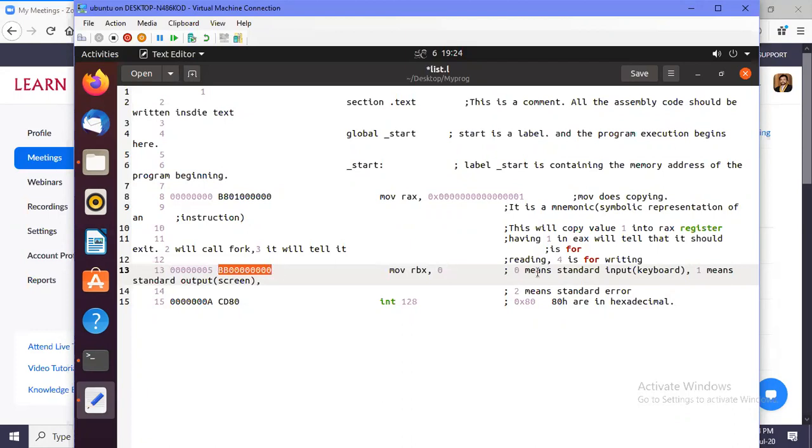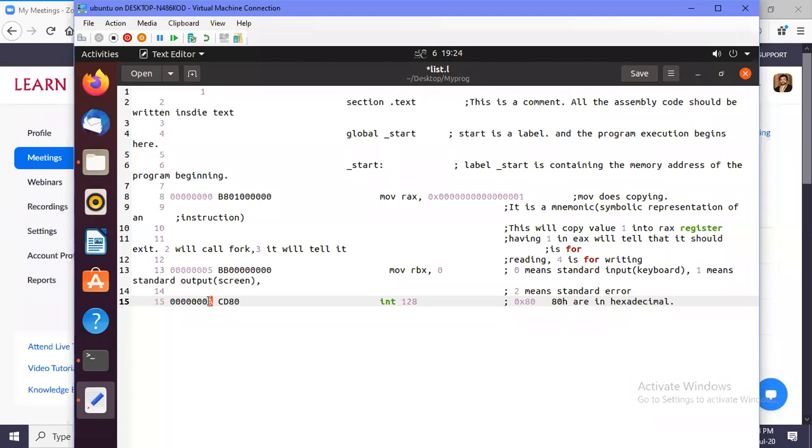It is to copy RBX 0. That instruction is also 5 bytes. So 5 plus 5 is 10, and 10 is the next virtual memory address. So A means 10.